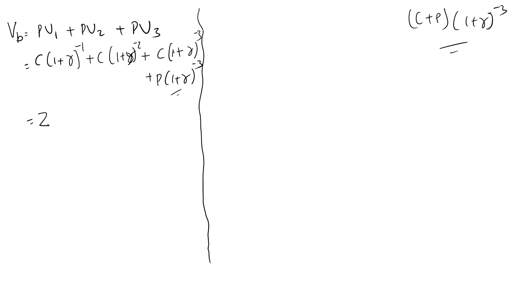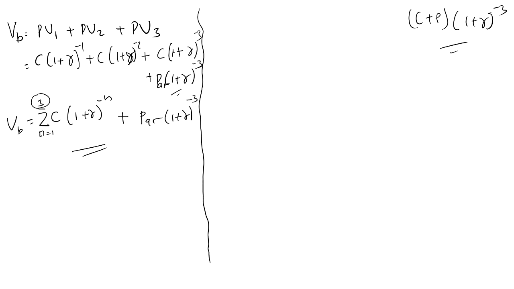So this is the sum of all C times (1 plus yield) to the power of minus N, where N is from 1 to 3, and par times (1 plus yield) to the power of minus 3. So this is the real formula of the bond, and since the maturity time will not only be 3, then the general